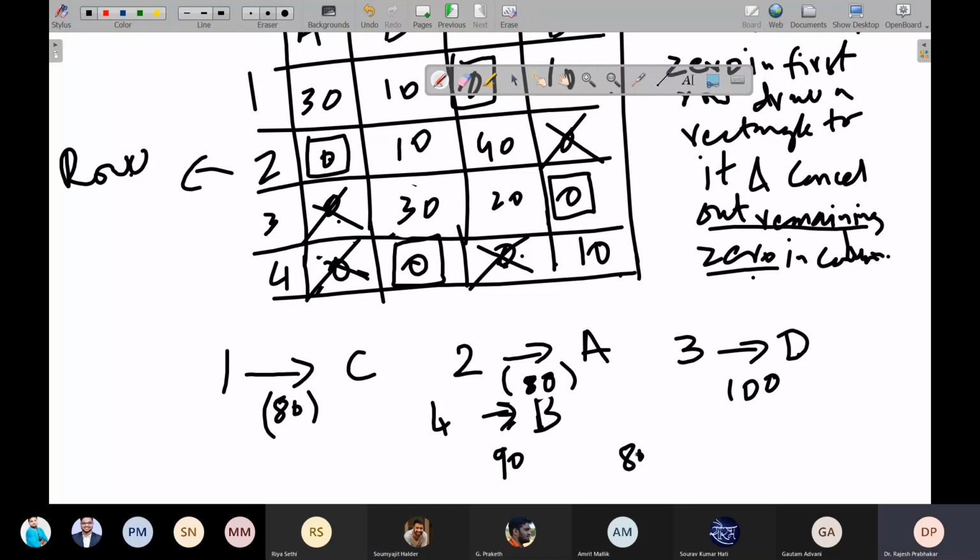So it is 80 plus 80 plus 90 plus 100. This becomes 350, right? Yes, sir. We got 350 minutes. This is the minimum allocation that can be done.